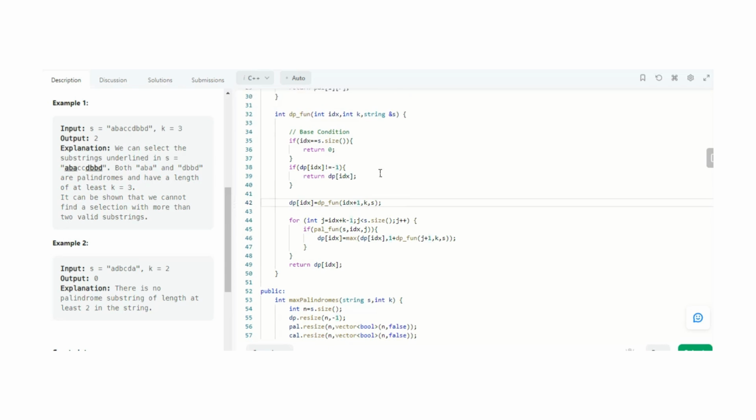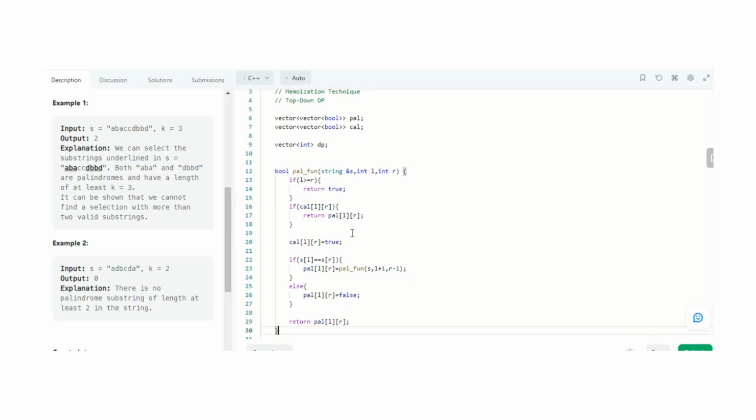So in this way we apply DP here, and I have also applied DP for checking whether the string is palindrome or not. As we know, there are different ways of checking whether the string is palindrome, and there are several ways of solving it in O of n time.